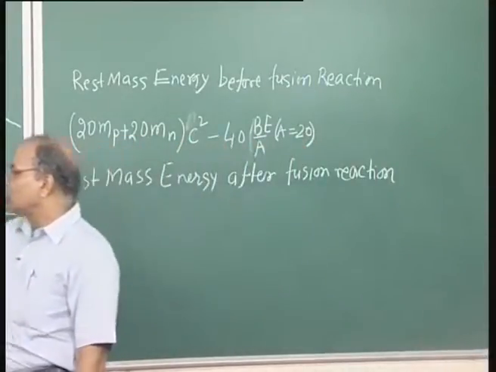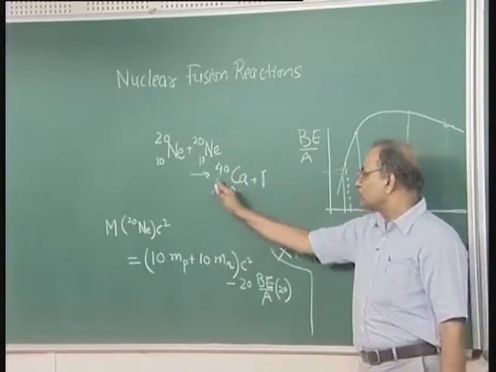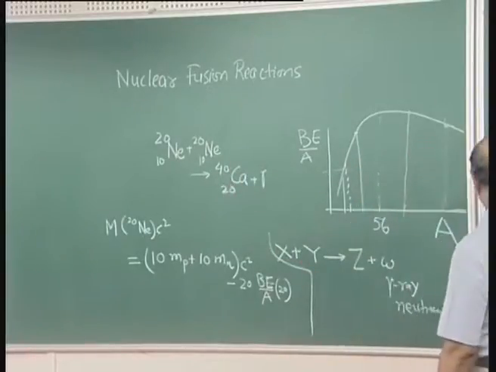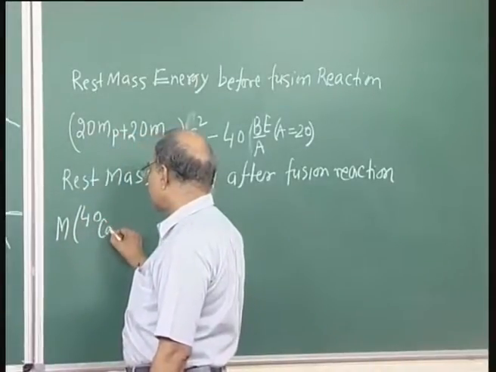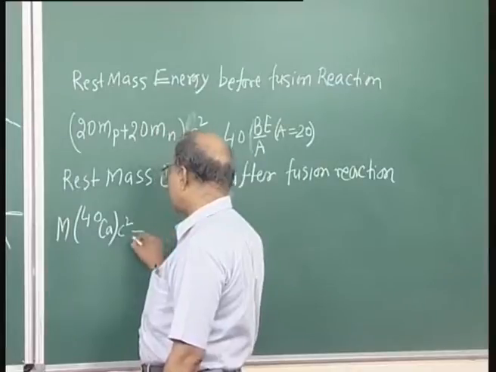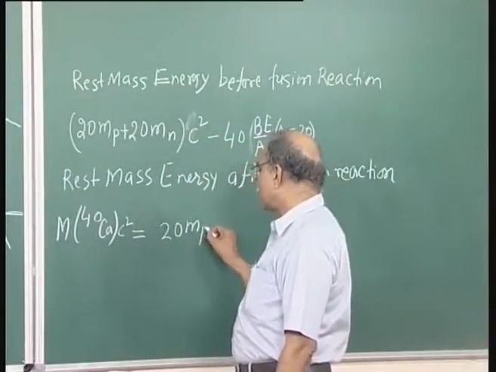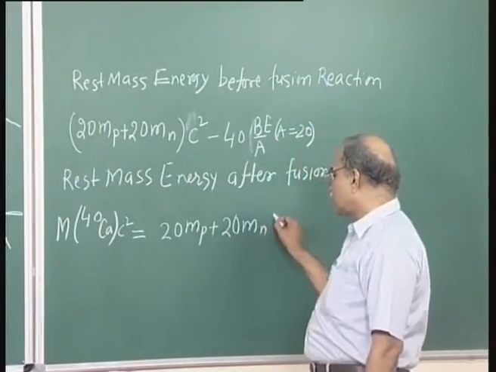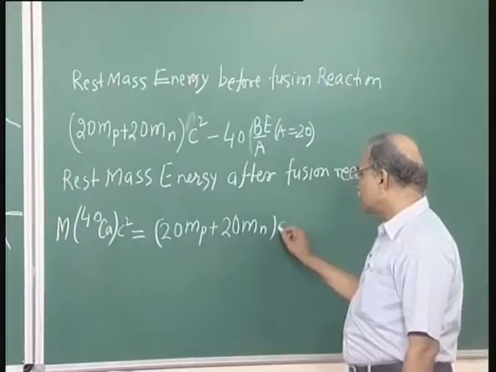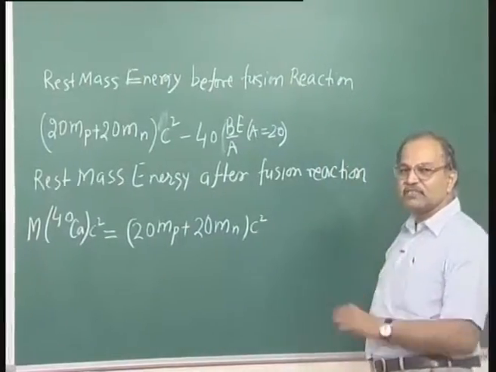You have 20 protons and 20 neutrons. So, the rest mass energy of this, mass of calcium-40 times c squared, will be 20 mass of proton plus 20 mass of neutrons times c squared,